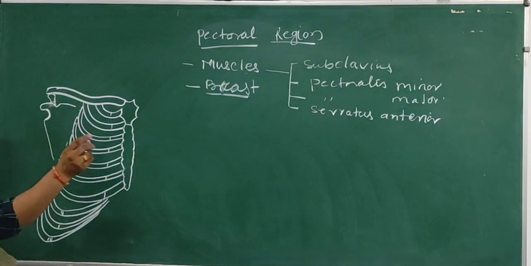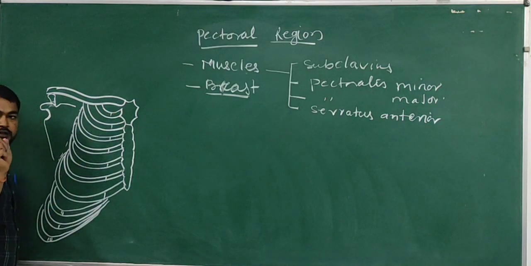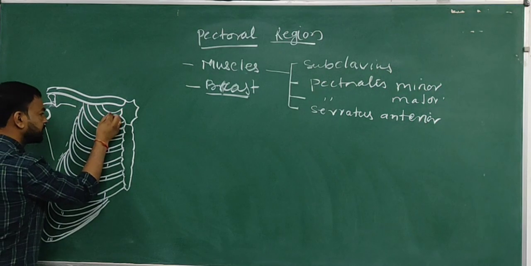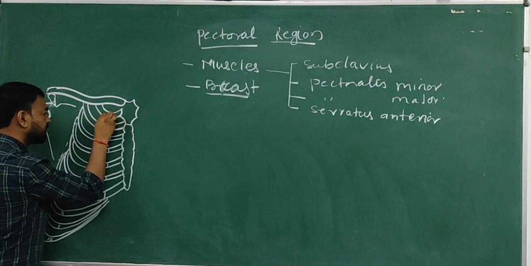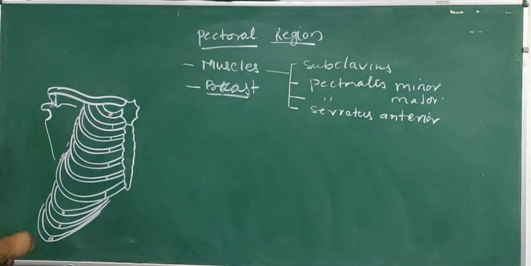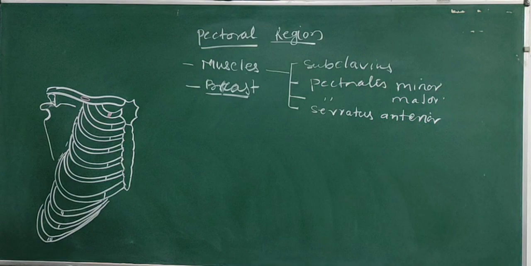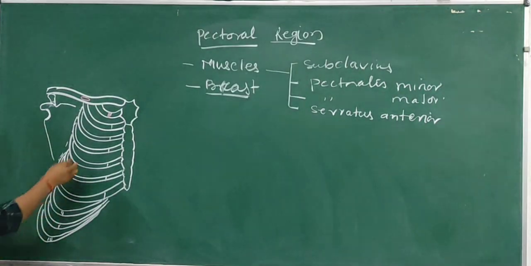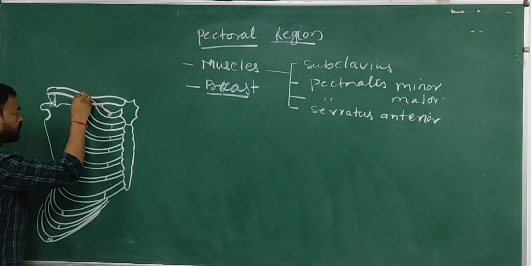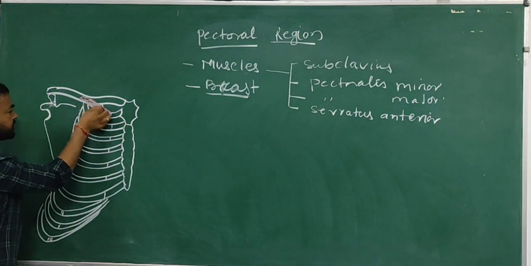Okay, the first muscle is the subclavius muscle. The subclavius muscle takes origin कहाँ से करती है? स्टर्नोकोस्टल junction, first rib के upper surface पे। So this is the subclavius muscle, the smallest muscle, horizontal muscle. इसके साथ क्या होती है? Middle 1/3 of the inferior surface of the clavicle there is a subclavian groove. ठीक है ना? इसके साथ यहाँ पे subclavius muscle। So this is the subclavius muscle.